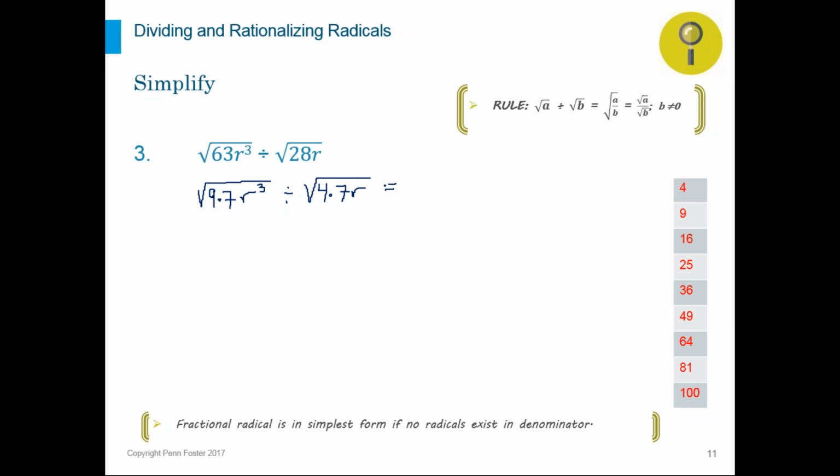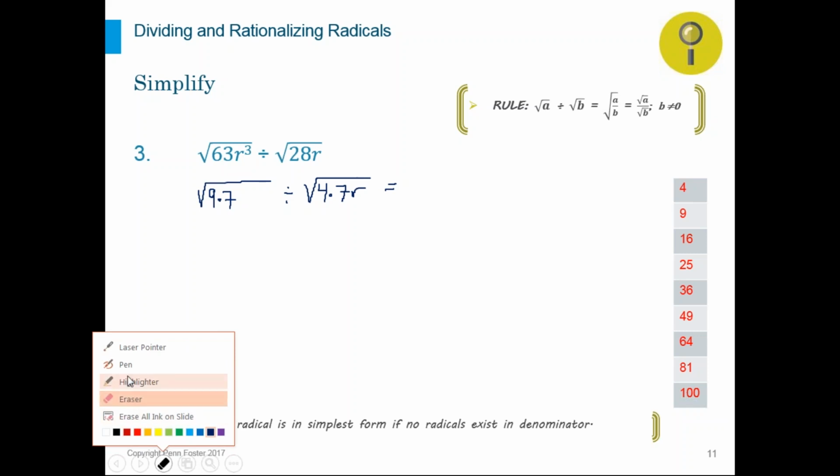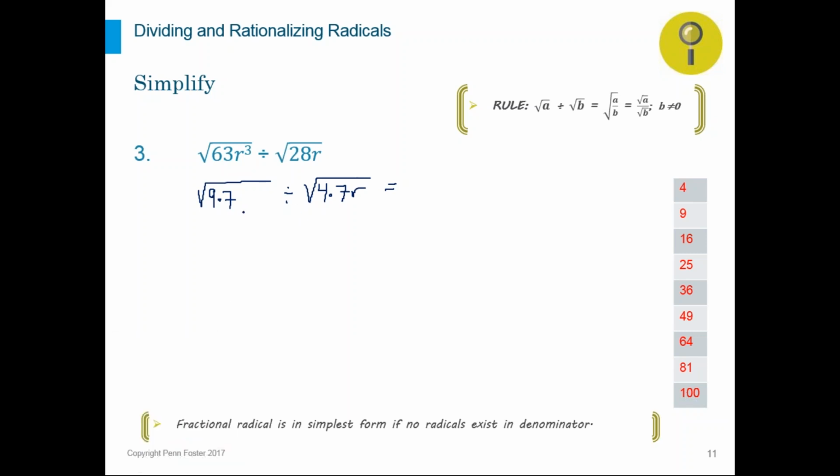Apply the square roots for perfect squares. Or you know what? Let's break down the r as well, since we are breaking down everything to get ready to apply the square roots to perfect squares. So that's actually r squared times r, which is going to give you back the r to the third. Now let's apply the square roots. Now the square root of 9 is a 3. It has to go outside. 7 will stay inside. The r squared would be an r, and then the other r will stay inside, under the sign,